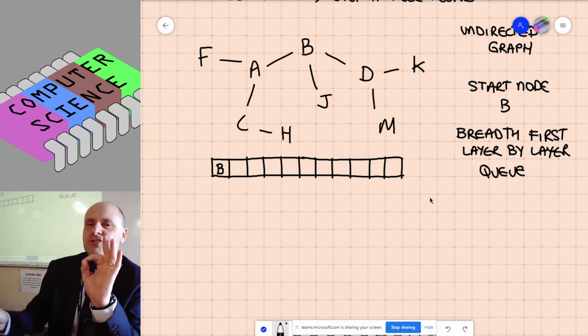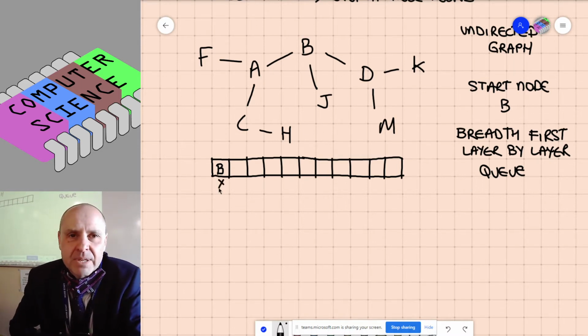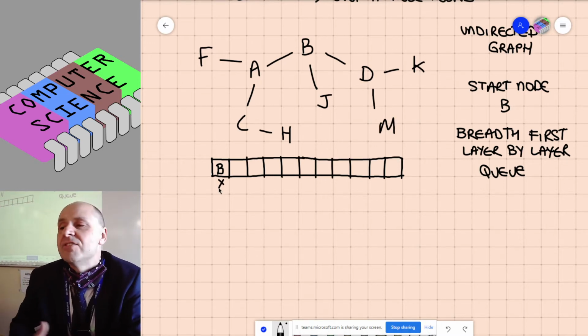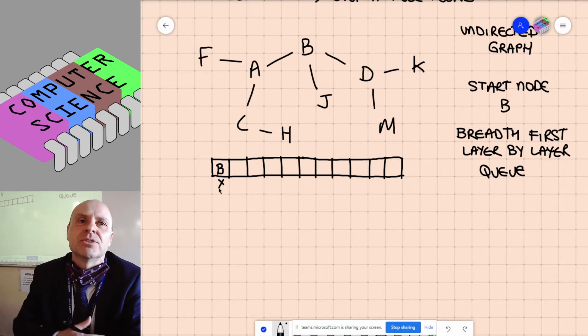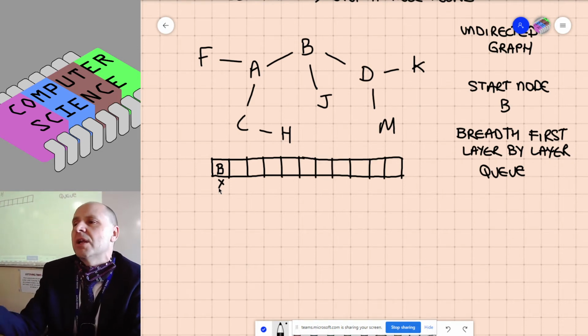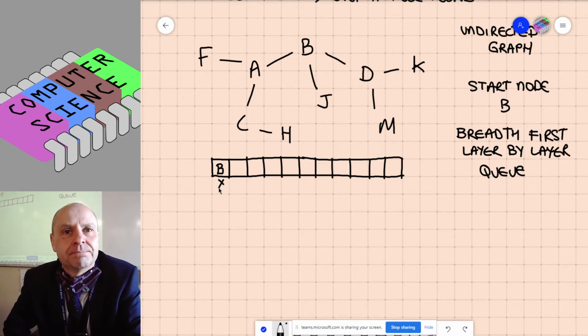So we're not going to scrub it out or delete it. I'm just going to put a marker next to it. And I'm doing it underneath. Okay, so I can see that I've now removed that. When I remove something, I examine neighbours. And I go, okay, what are the neighbours of B? So I look at my little graph and I go, right, okay, neighbours are A, J, and D. Okay? So I need to add these to the queue, but